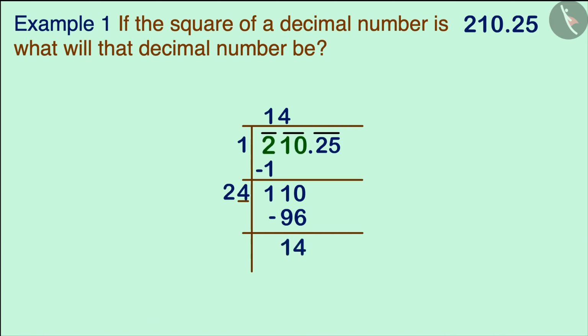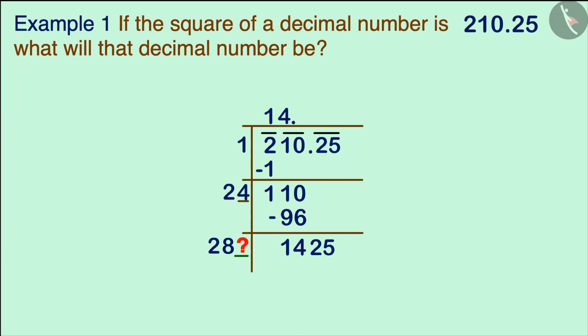Now, we are not left with any whole number from the original number and only the decimal numbers remain. So, we will add a decimal to the quotient. After this, write the number of the next pair after the remainder. This is our new dividend. After this, we will multiply the unit number of the old divisor by 2 and write the number so received. That is 28, leaving a blank space to the right of the new divisor.